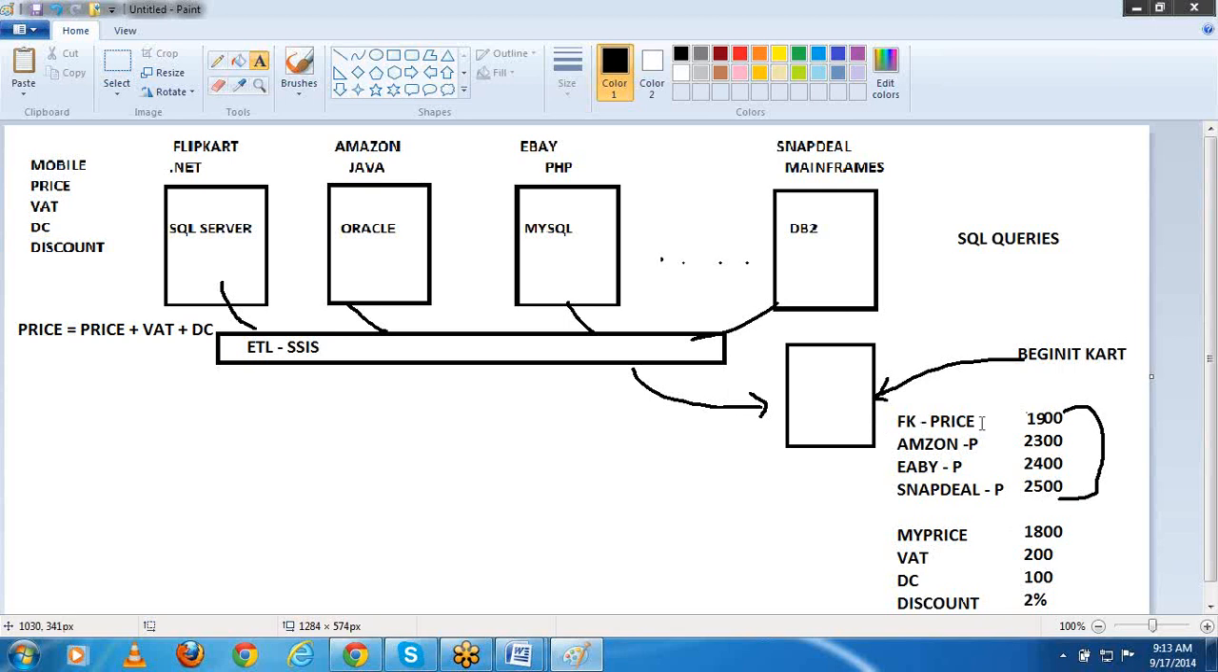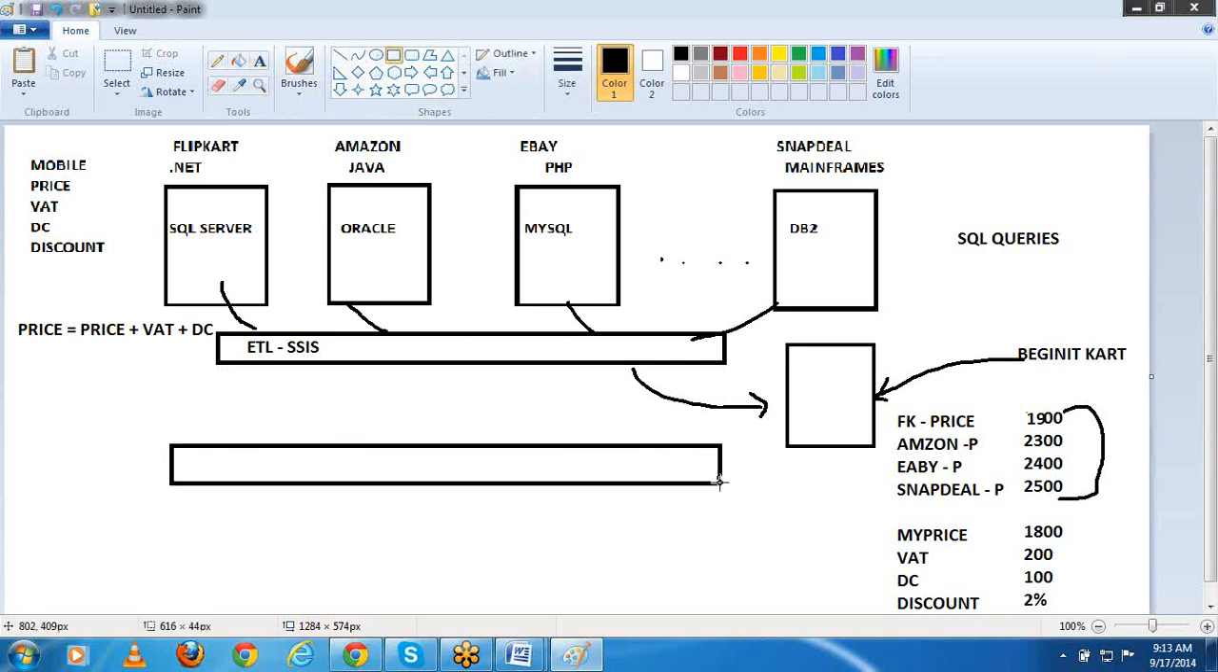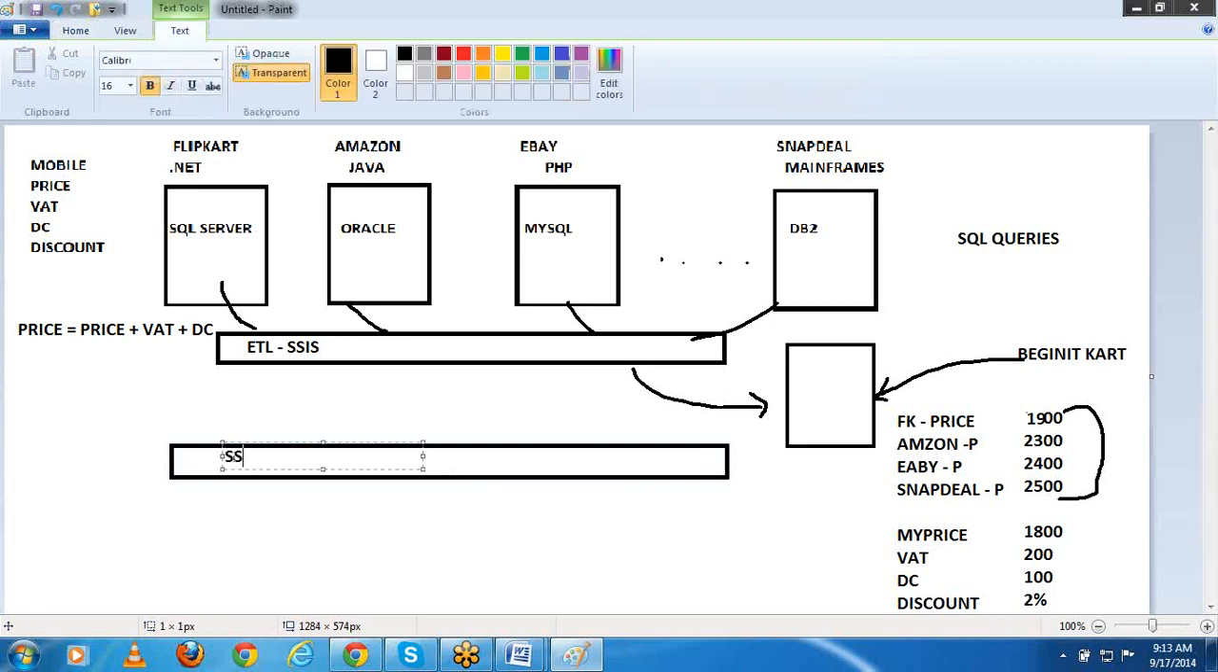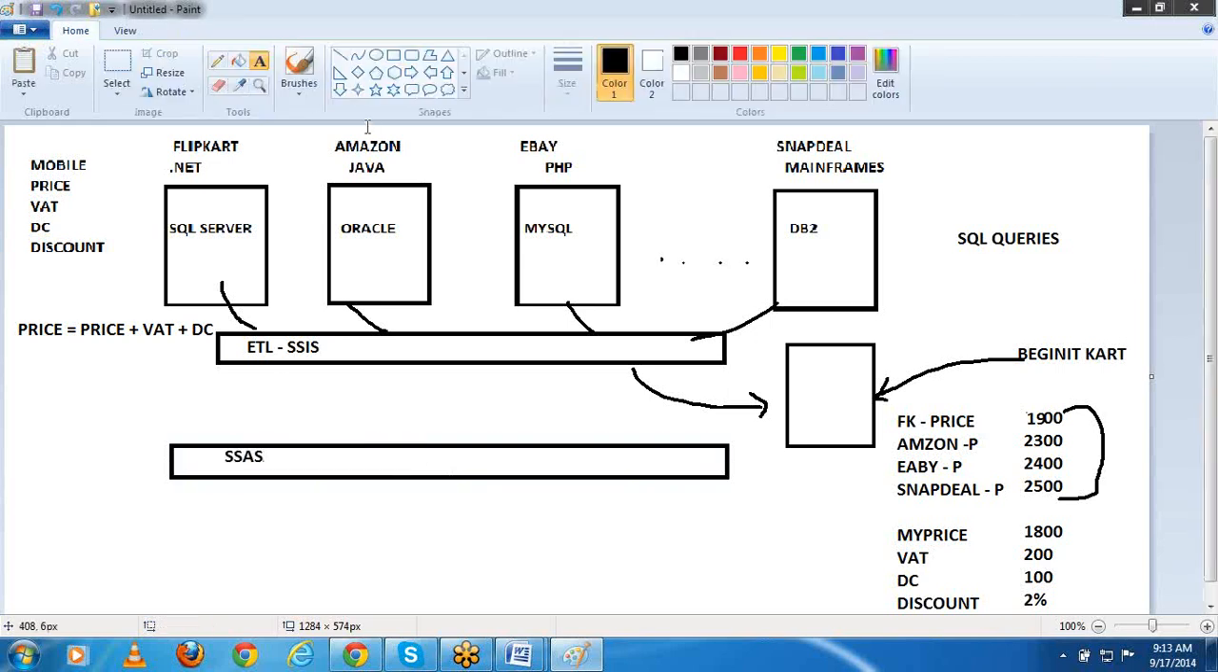This data will not be loaded with the help of SQL queries. I need some other tool to analyze the data where you have a huge amount of data. Now that tool I will take here is an analysis tool called SSAS in our MSBI, and it will take the total load from here to here. It could be from here or anywhere where you have much load, and you will analyze the data